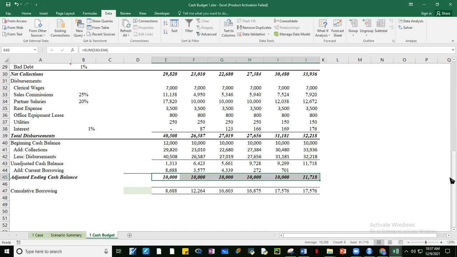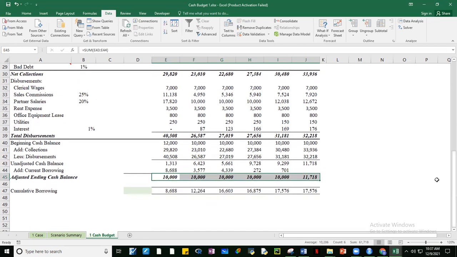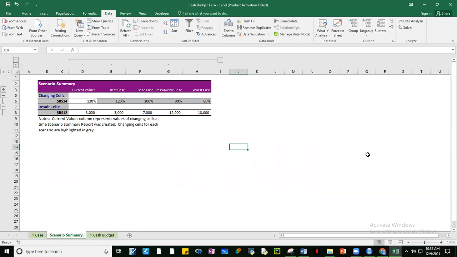So depende kung anong gusto natin malaman. In this case kasi gusto natin malaman, delikado kasi kung worst case scenario kunyari, di ba? Tapos kailangan natin umutang kasi kulang yung collections natin. We know that the cumulative borrowing will reach up to around 18,000. Okay? Based on this.